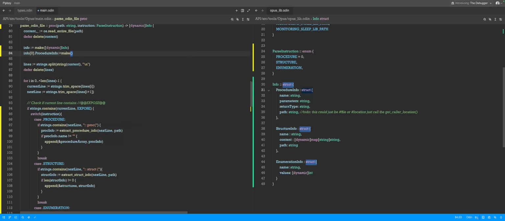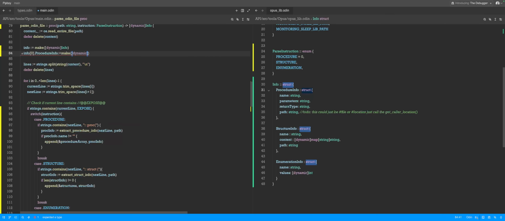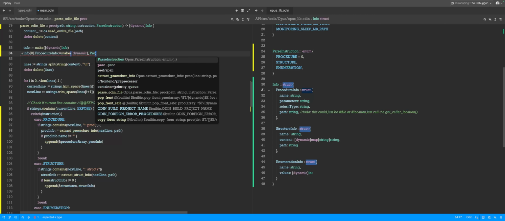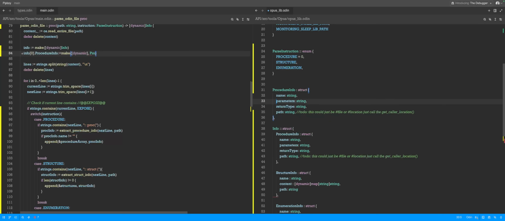Now we couldn't do this either, I don't believe. I think I tried this already. Make dynamic. What if I just do the... Hmm. Okay, so I think what I need to do is take these structs out, declare them beforehand, and then just